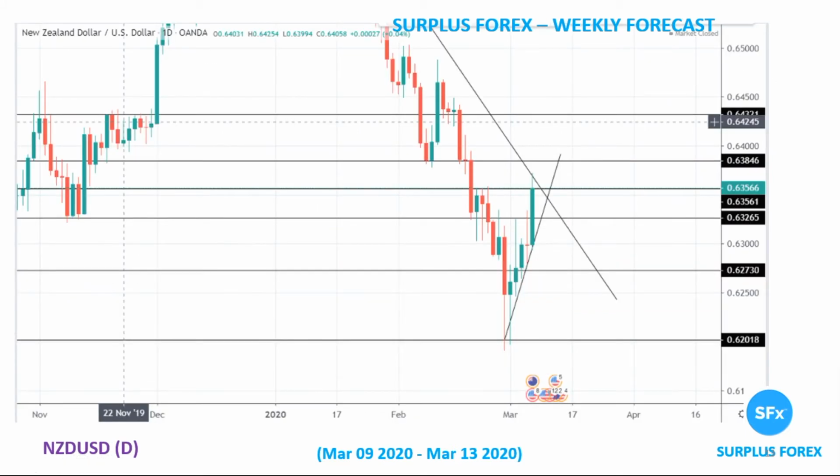Next one is Kiwi USD. For the Kiwi USD, Kiwi gained quite a few points last week against USD. Obviously USD was weak last week, so I have marked all the points. Currently it's sitting at 63.56, and I have marked the next highest resistance point, the old support, at 63.84. I have also marked the previous resistance it crossed at 63.26, old support of 62.73, and from where it finally started at